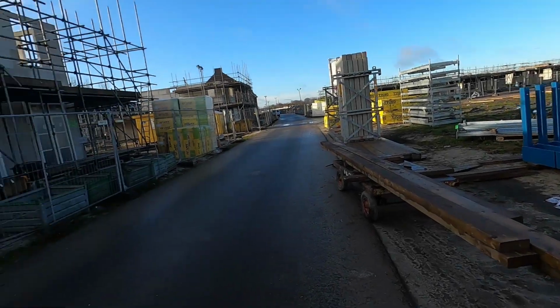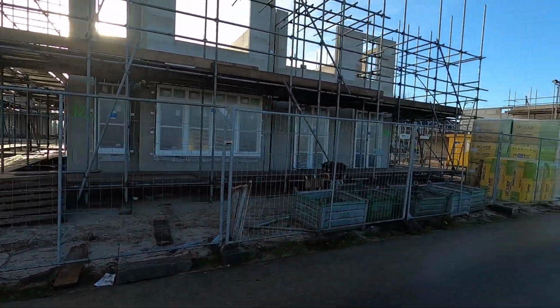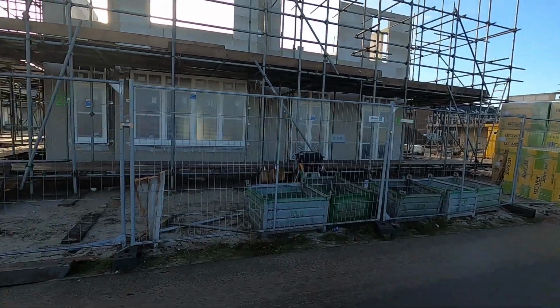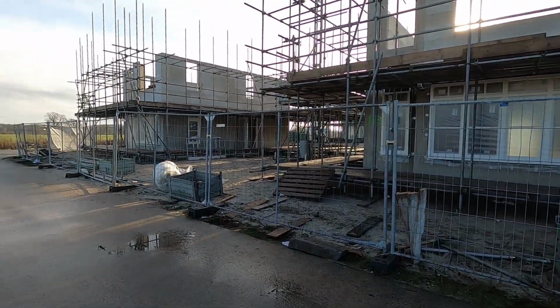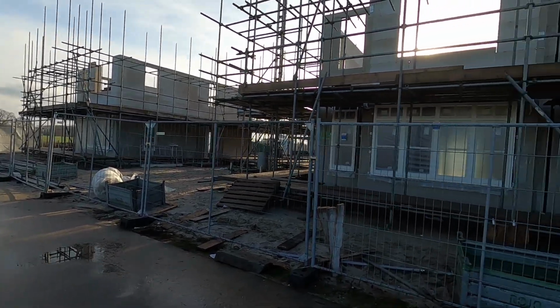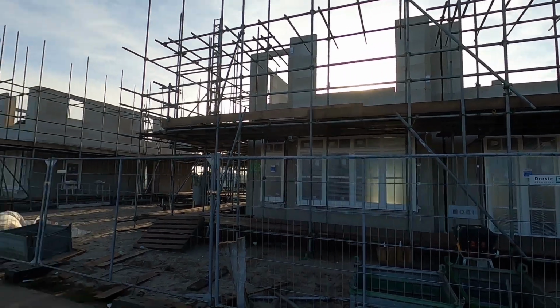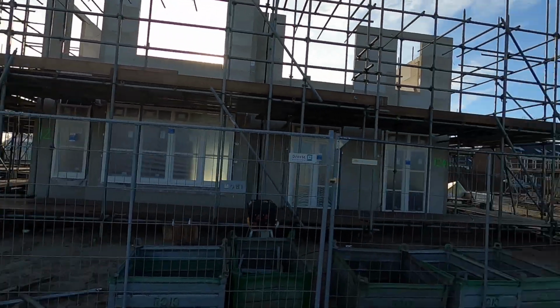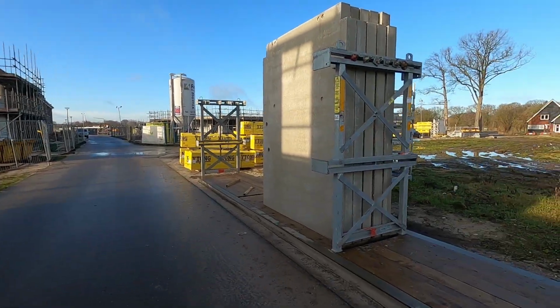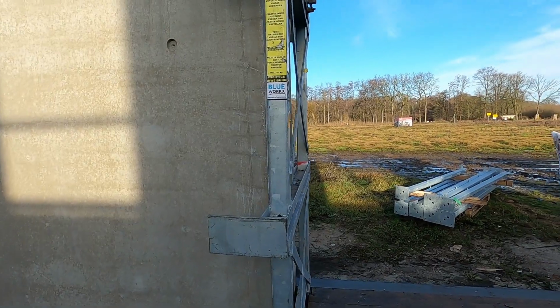So here we are again in Borne, and now it's the middle of January 2021, and let's see how much progress there has been since the Christmas holidays. As you can see, they are now building the first floor. Ground floor is completed, and here are the precast concrete walls that they use for the stability of the wind